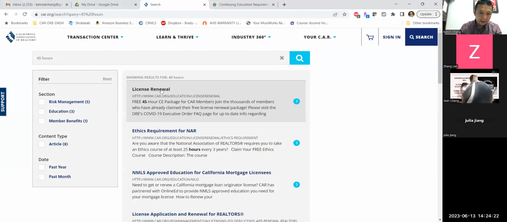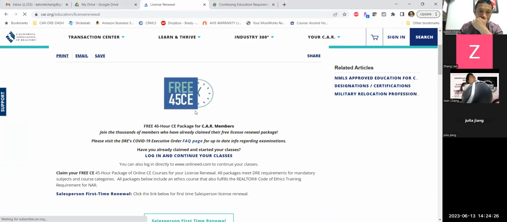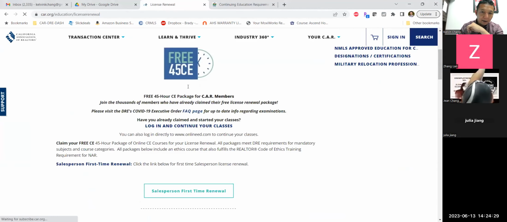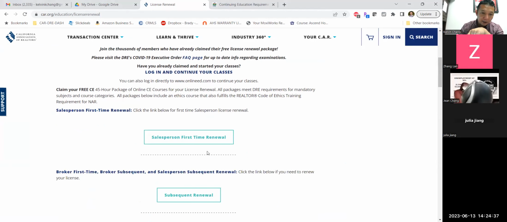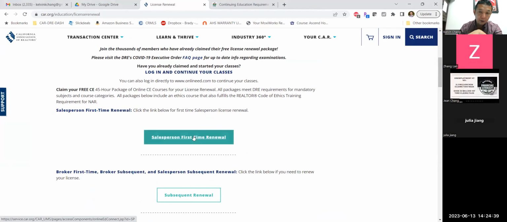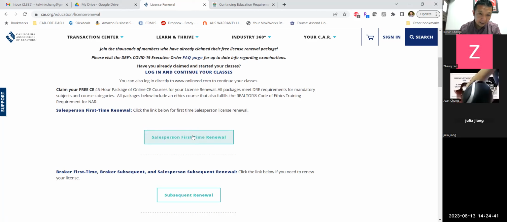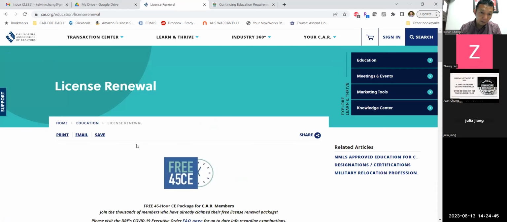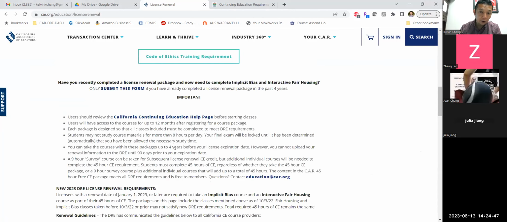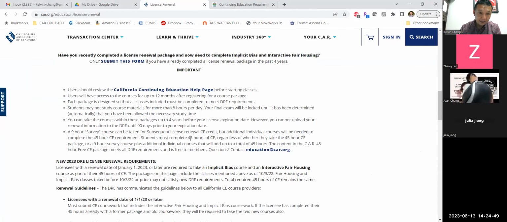And I think that's right here. This free 45-hour package for CAR members, you can log in and claim a free online education to get your license renewed every year. So you don't have to pay these extra companies to get yourself renewed. You could do it for free straight from the CAR website, and then they'll email you your certificates when you